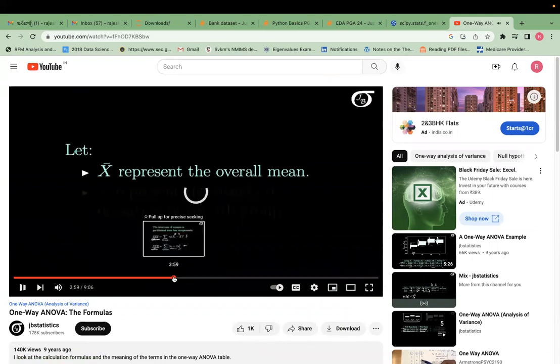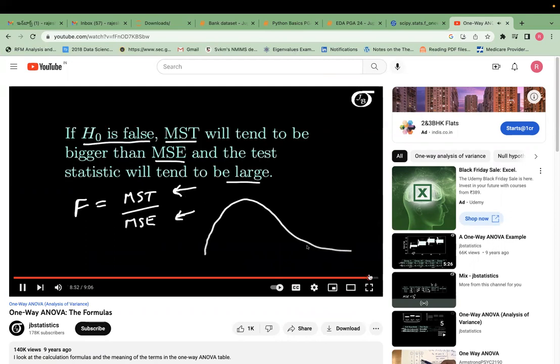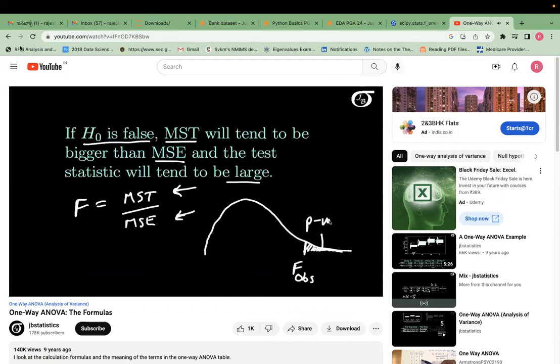This is the treatment distribution here, it is going to be our p-value in one way and